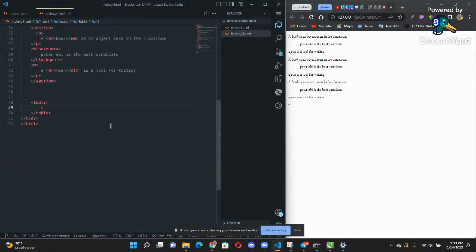You see the thead and the tbody. We also have the tfoot, but most persons don't normally use it. So let me make use of the thead and the tbody. Now, after the table comes the thead and the tbody.